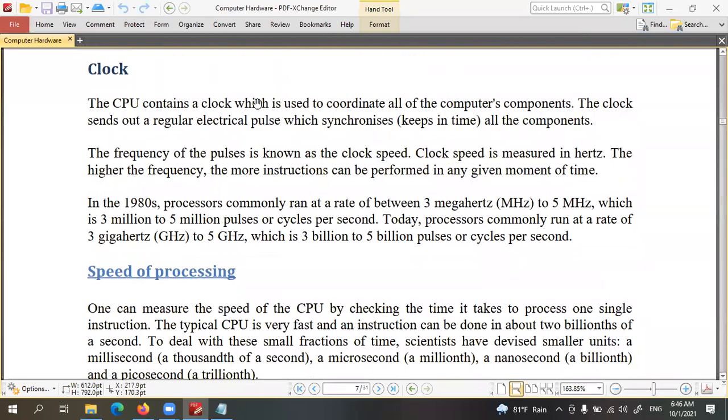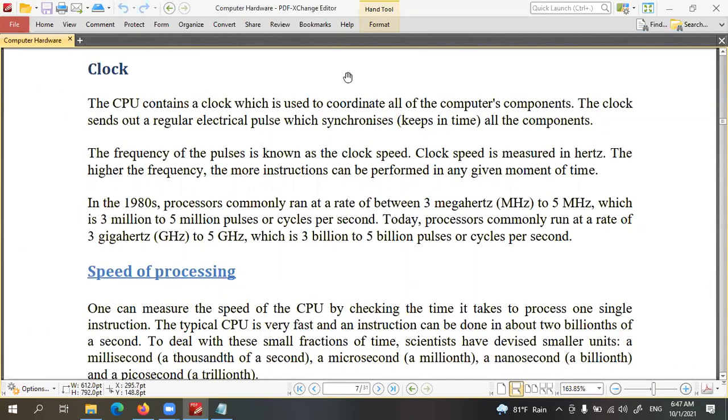Right, children. Now clock. This is also a very important component in the computer, the clock. So all the data transmission inside the computer will be performed in a clock pulse, right? So normally the speed of this clock pulse is a billionth of a second.